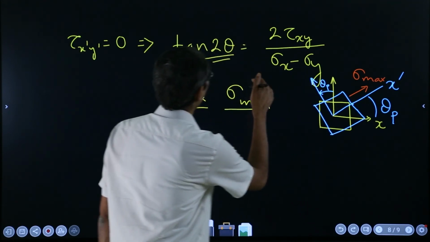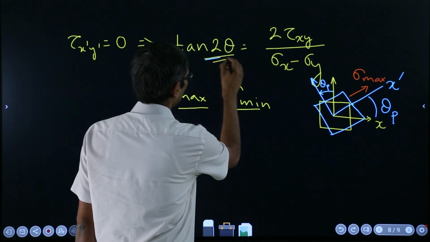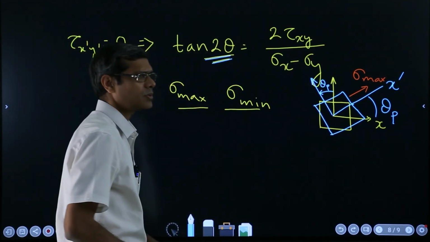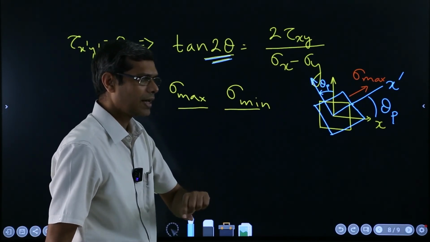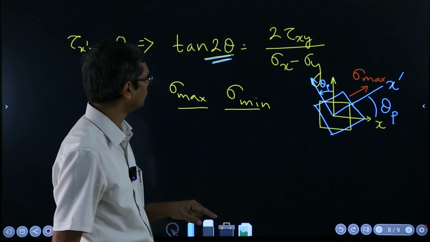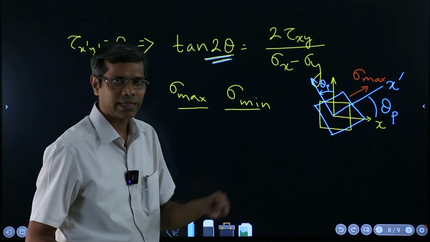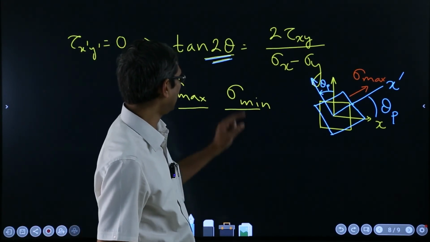So that means this 2 theta, again it will get the same value after 180 degrees, it will give you